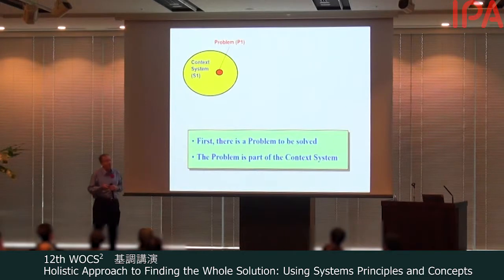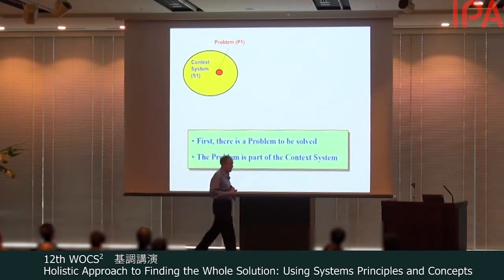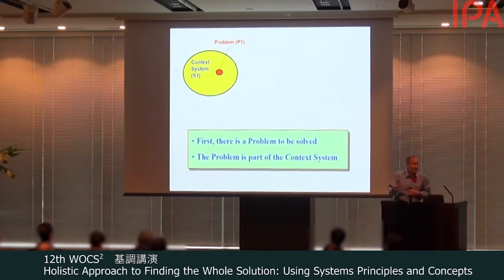So the first of the 7 systems I call the context system. System number 1. And the reason we look at the context is because there is a problem that somebody has pointed out to us. This problem might be stated in terms of a requirement document, or a mission need document, or maybe a science question, or maybe a business objective. So we state these problems in various ways.